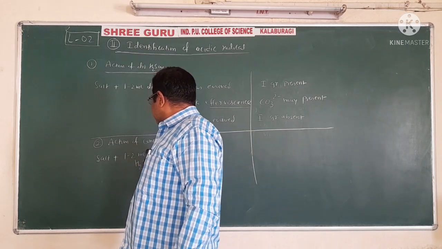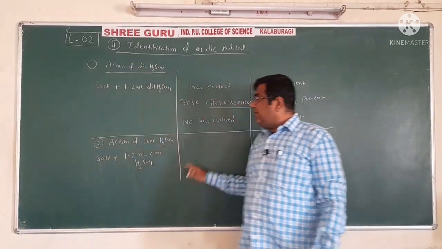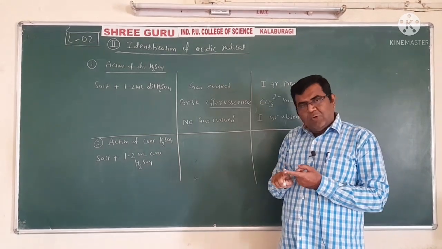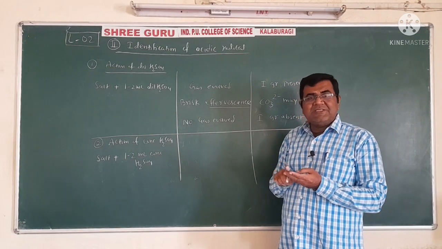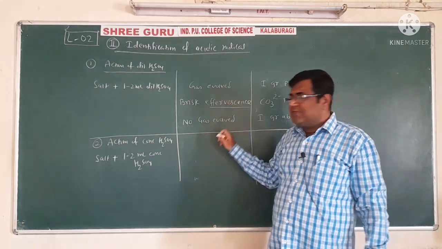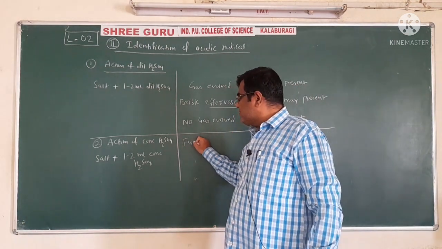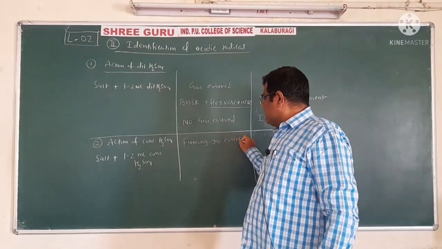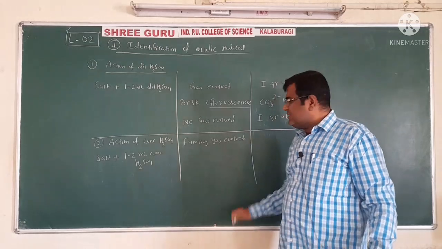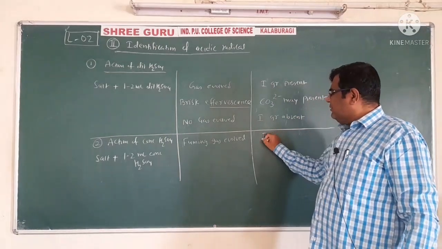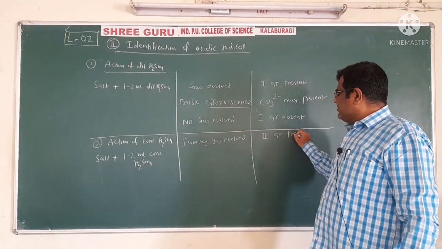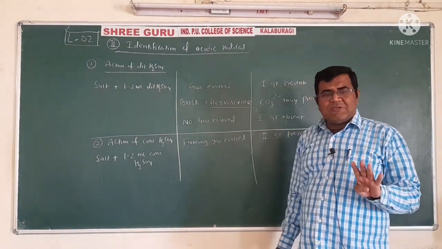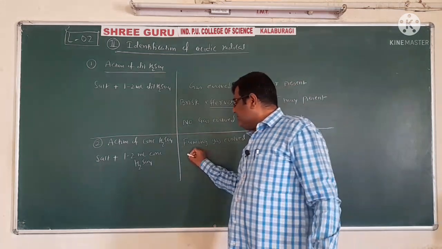concentrated sulfuric acid. Now there are many observations and inferences in it, because it has chloride, bromide, and nitrate. So first our observation is fuming gas, it fumes. Fuming gas is evolved, and when fuming gas is evolved, we say that second group is present. And if fuming gas is evolved, there are three possibilities. First is